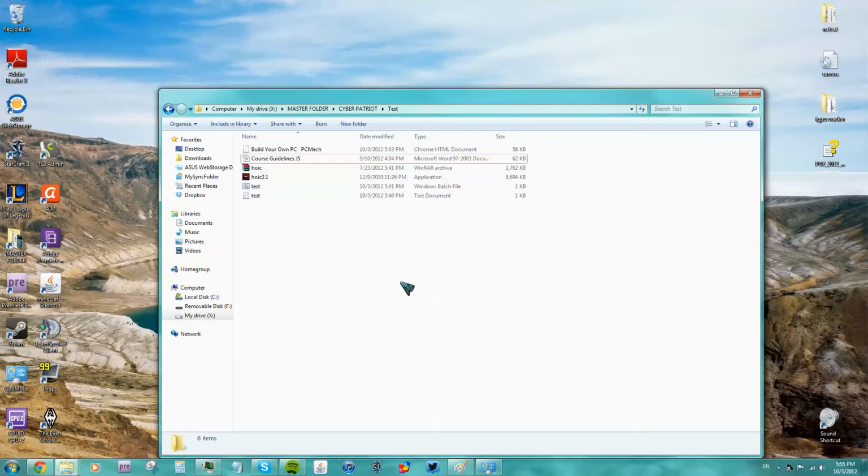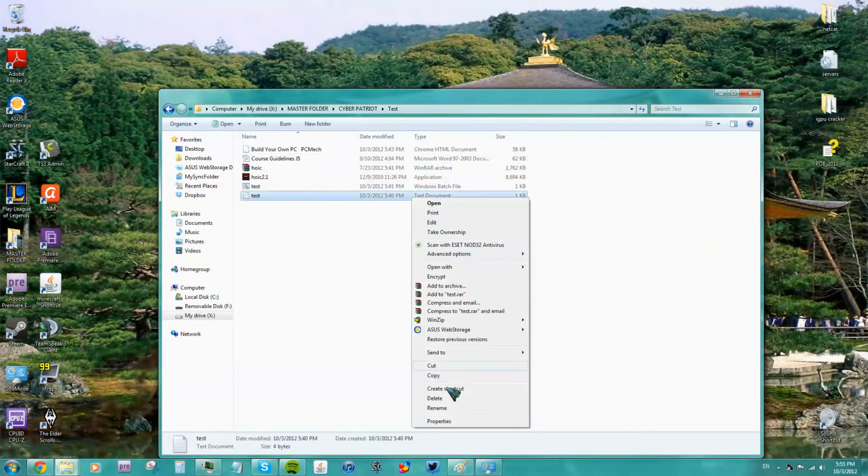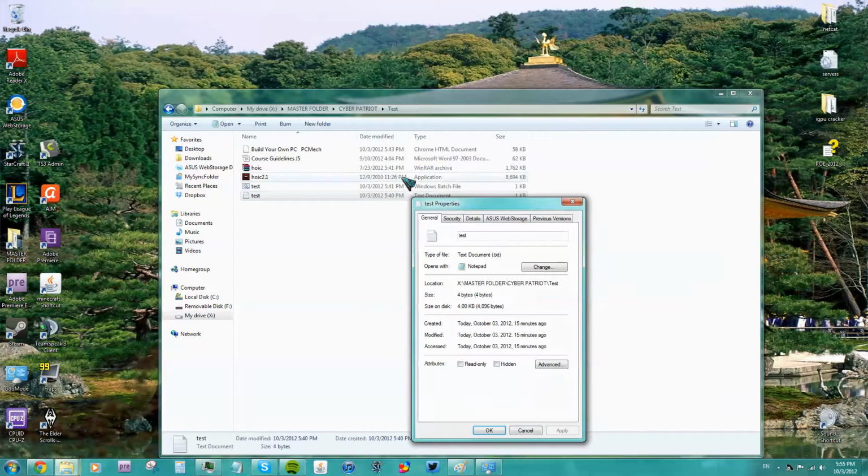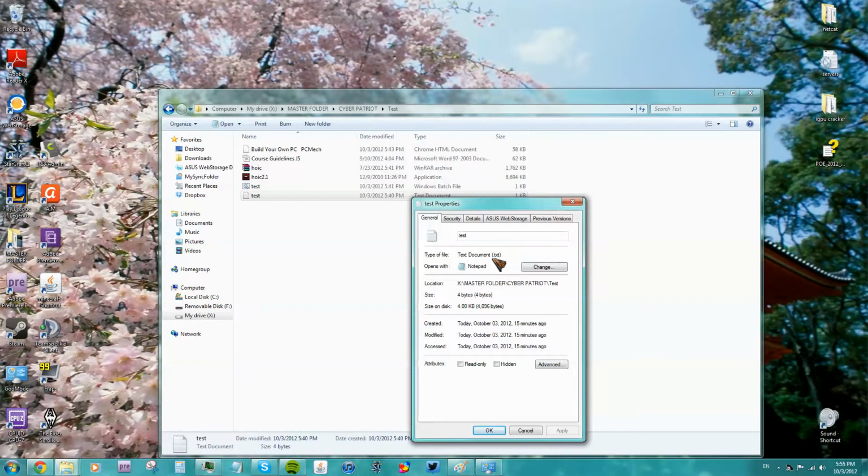So let's take this right here. It is a text file. If you right click it and go into properties, it'll actually tell you right here, type of file, text document, .txt. So that tells the computer, when I click on it,